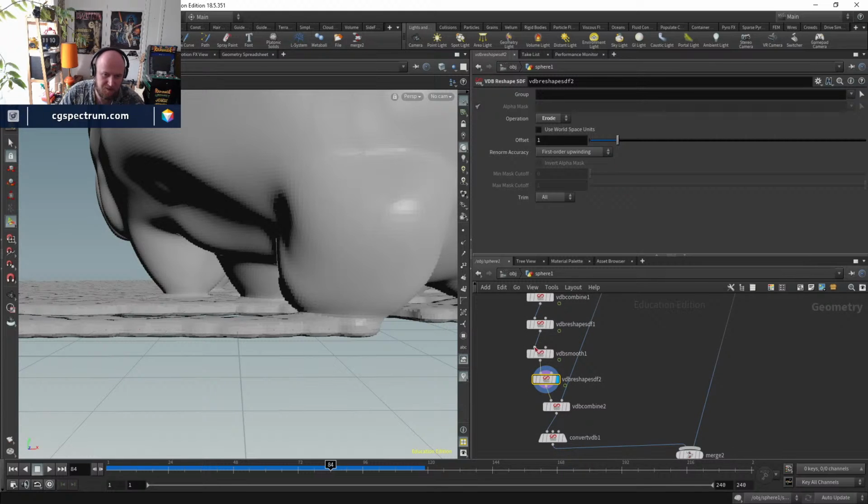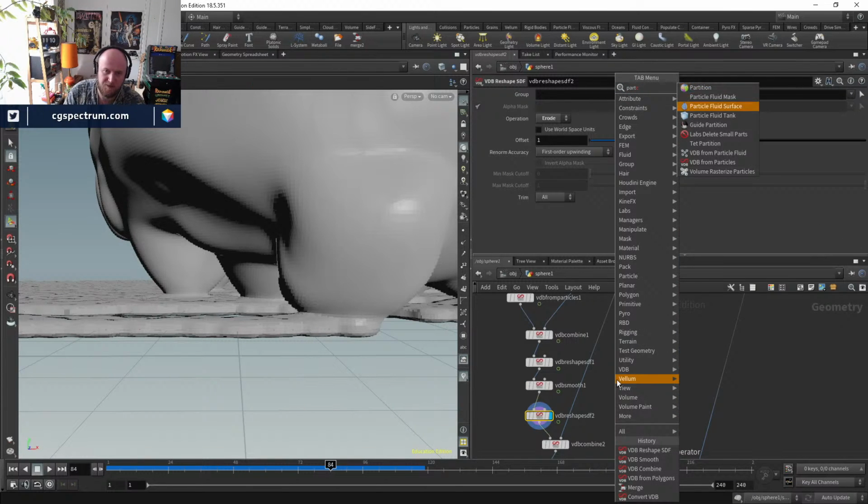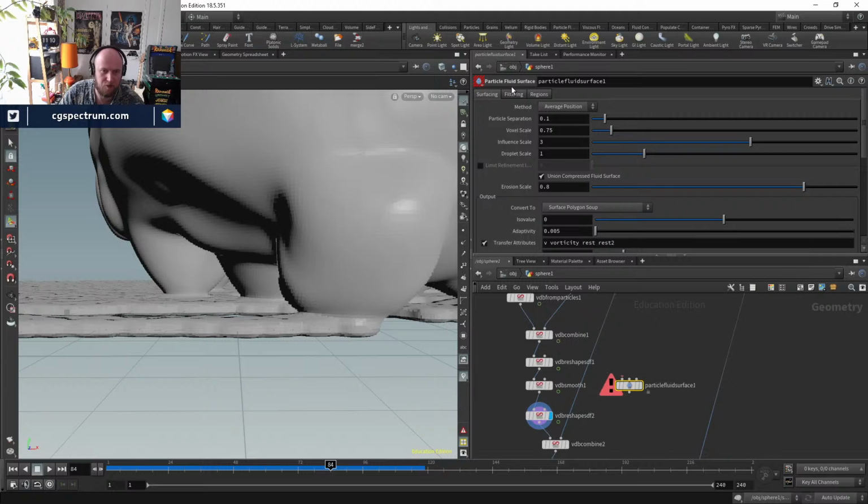And you might say, well, how the hell did you come up with that? It's actually in the particle fluid surface node. If you have a look at the filtering,